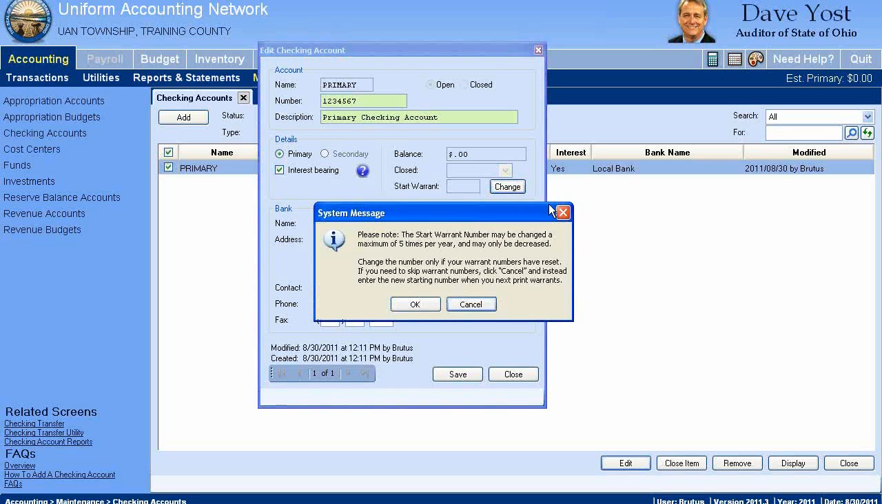You have a note here. Please note that the start warrant number may be changed a maximum of five times per year and may only be decreased. Well, it may only be decreased here. In other words, you can't increase it. If you need to